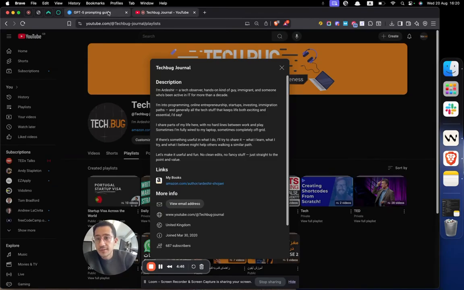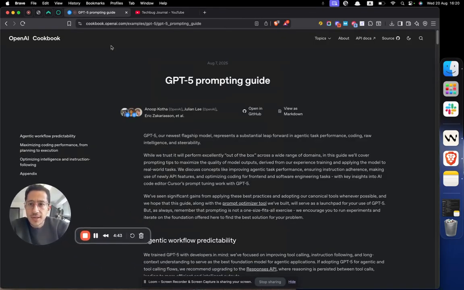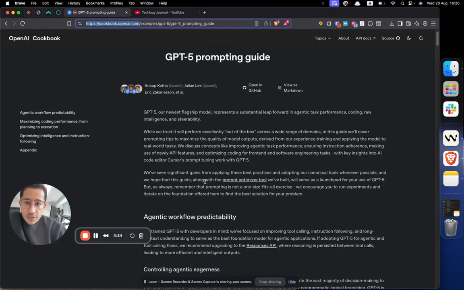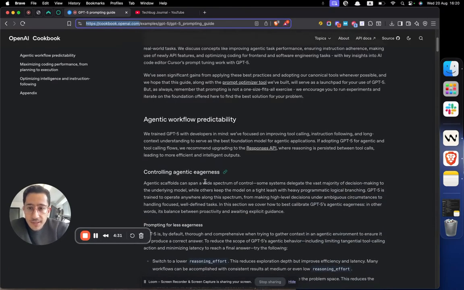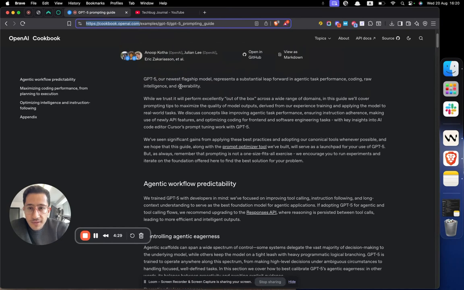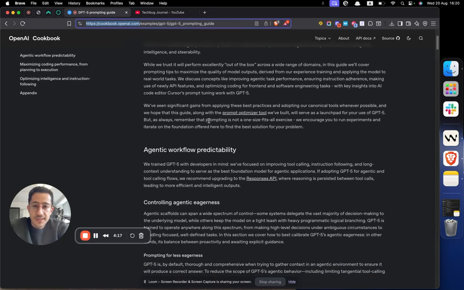So let's focus on the video, which is about the GPT-5 prompting guide. As you can see, the URL is cookbook.openai.com, which is an official document by OpenAI. So let's focus on this documentation. They mentioned that GPT-5, the newest model, represents a substantial leap forward in agentic task performance, coding, raw intelligence, and also stability. They have seen significant gains from applying these best practices and adopting the tool whenever it's possible. And they hope that this guide, along with the prompt optimizer tool which they have built, will serve as a launch pad for